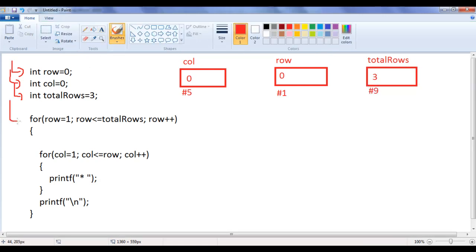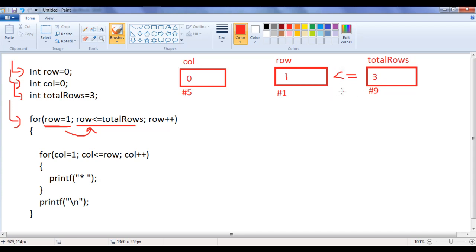Then control moves forward. Here initialization statements of the outer for loop are executed first. Row equal to 1. Row is 0, it changes to 1, guys. After that, control goes to the condition part of the outer for loop, checks whether row is less than or equal to total rows.